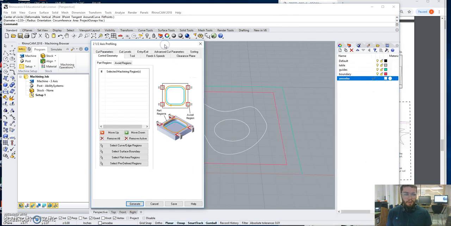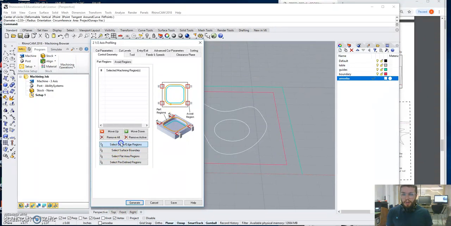There's two types of curves that you will select when you're selecting control geometry. The first is what we're going to do today. It's the actual thing that you want to cut. The second one is a boundary that defines an area that you want to cut within or an area that you want to exclude. And that becomes a little bit more explicit in three-dimensional ones. But